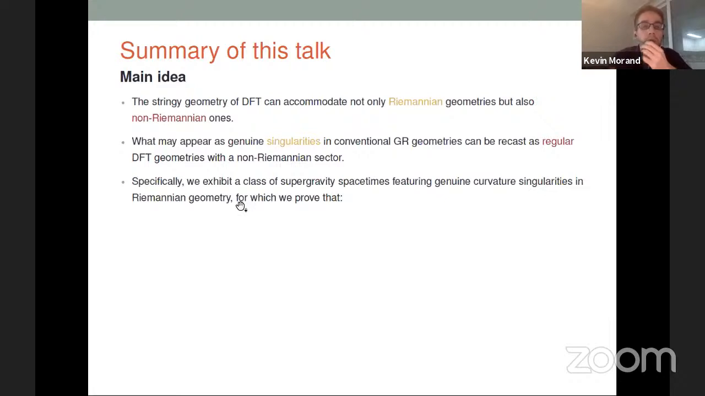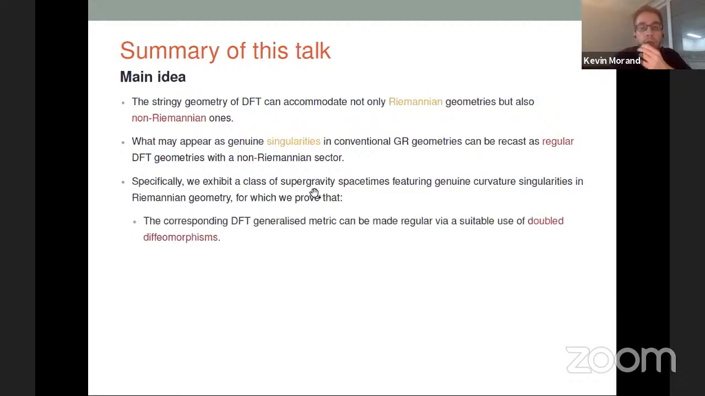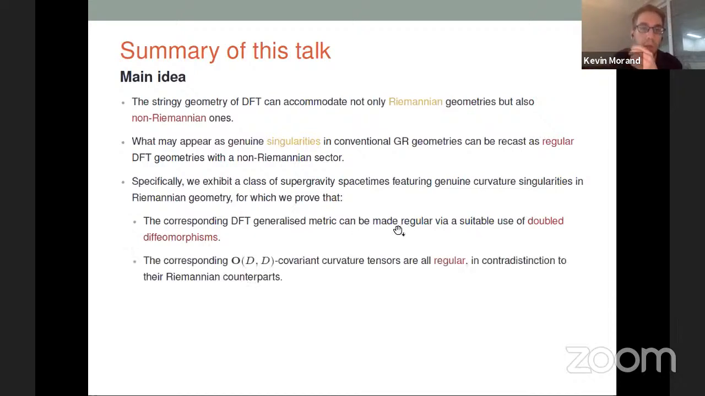So very specifically, we will exhibit a class of supergravity spacetimes which features some genuine curvature singularities in Riemannian geometry. And for this specific class, we will prove that, on the one hand, the corresponding DFT generalized metric can be made regular via suitable use of double diffeomorphism. That means that this curvature singularity becomes a coordinate singularity in DFT. And the same also for the dilaton. The dilaton is also regular. And as a direct consequence, the corresponding O(D,D) covariant curvature tensors will all be regular, in contradistinction with their Riemannian